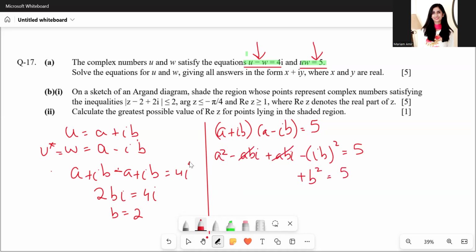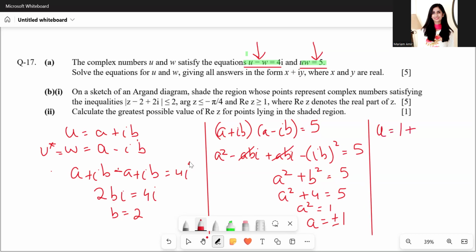This and this cancel out. So a squared plus b squared is equal to 5. a squared plus 4 equals 5. a squared equals 1. So a equals plus or minus 1,